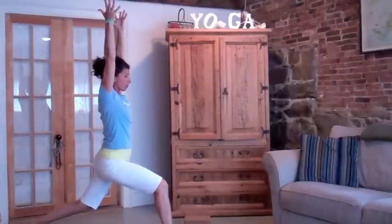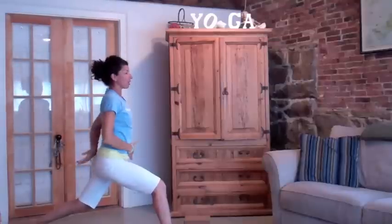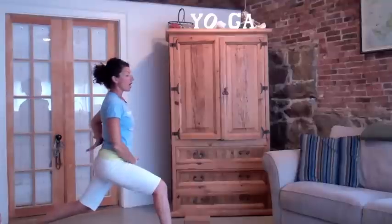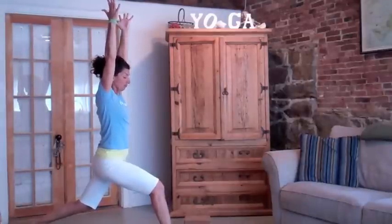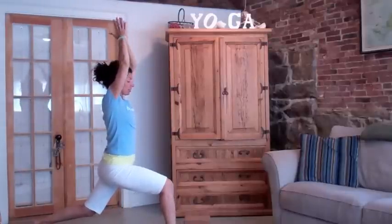Now as you reach your arms high, if you feel at all like you're sitting in your tailbone, I want you to scoop your sitting bones under and draw up from the front of the body. Almost like you're toning, you're pulling in your abs. Do that so that you don't sit in your lower back. Reaching your arms up high, if this at all feels too challenging or uncomfortable, you can drop your back knee to the ground. So with your back leg lifted or on the ground, bring your hands to your heart center,